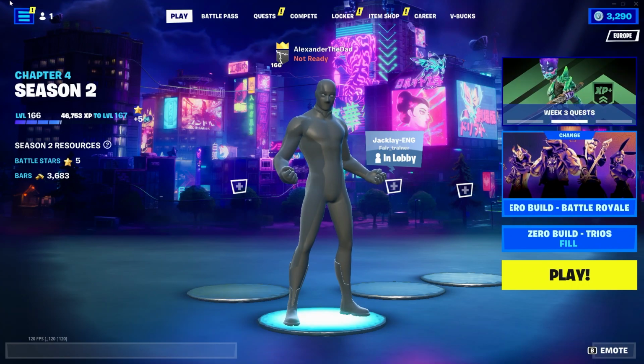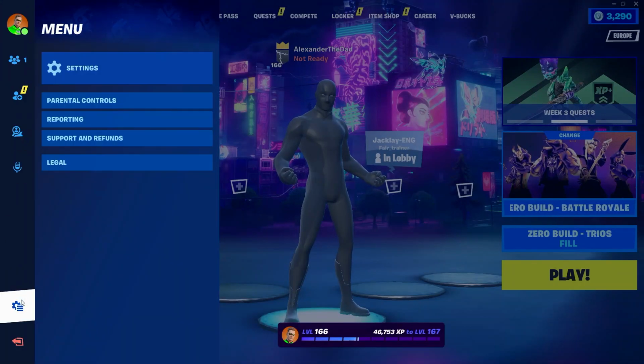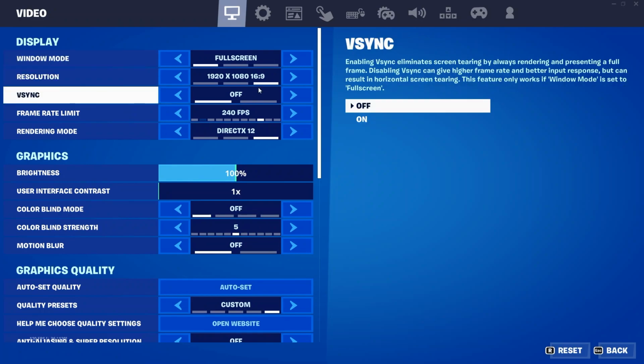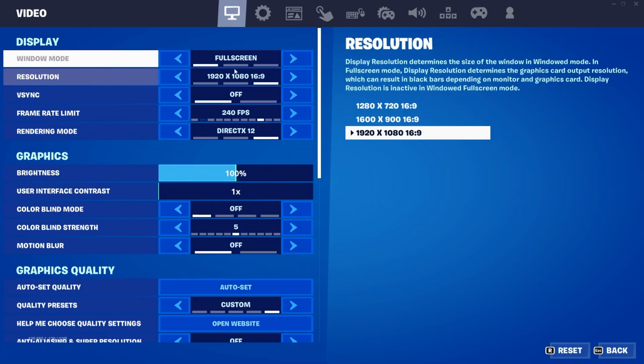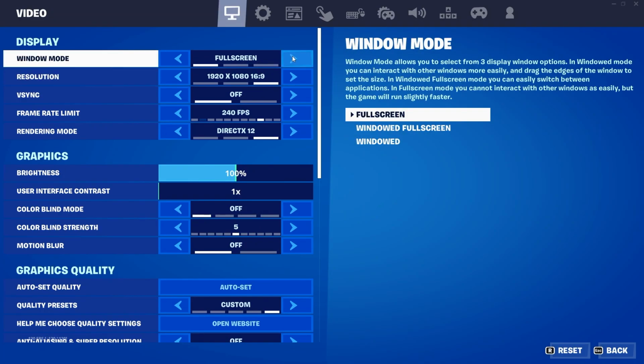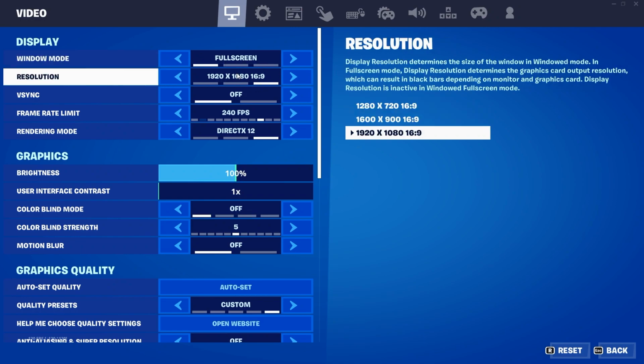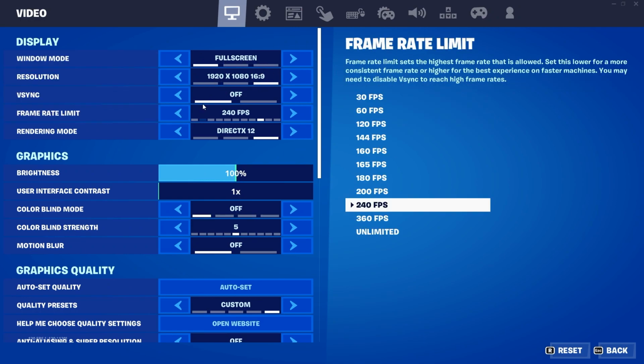Okay, right, I'm going to make a very quick settings video just to run through everything that I've got. Alright, so first, video tab. This is very important: full screen, and you want 1920 by 1080. VSync off. Frame limit should be, if you're using G-Sync, 3 under the hertz of your monitor, but